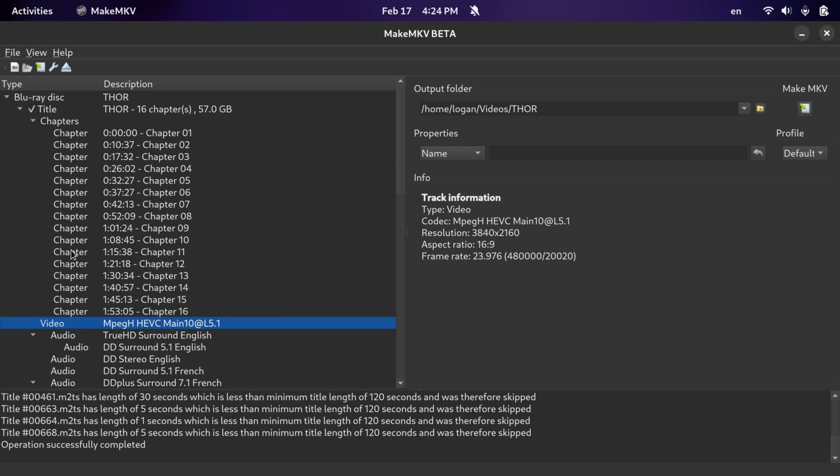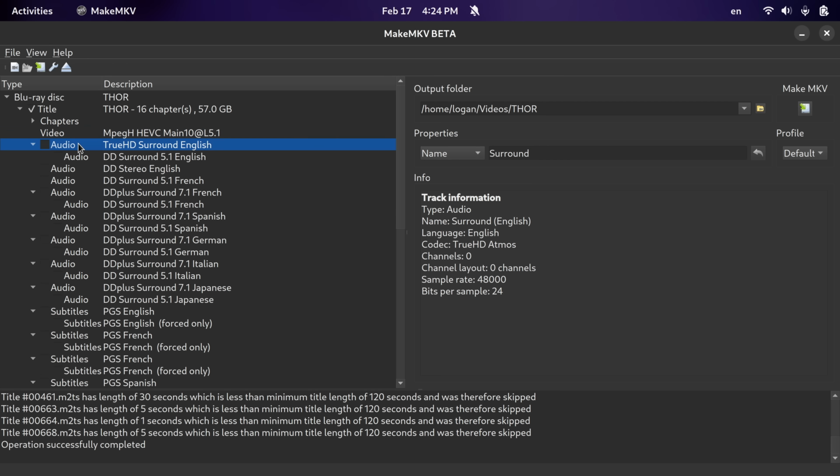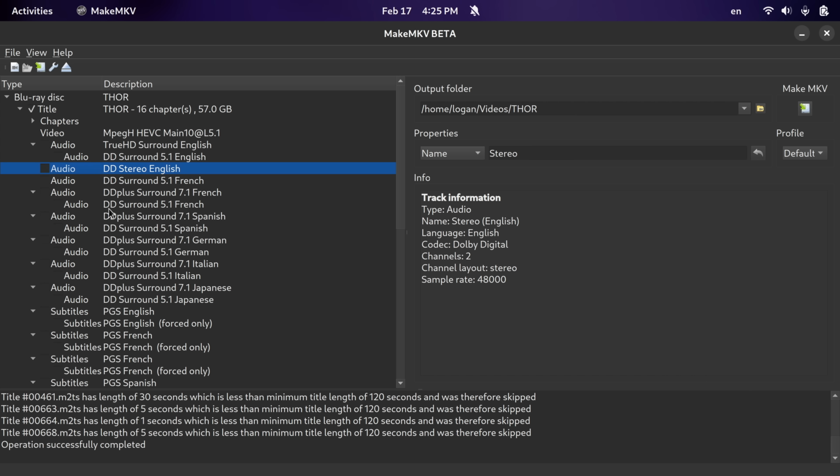This is just the chapter selection as you're watching the movie on a Blu-ray player. We don't need to touch any of that. What we like to do is get the audio first. So as you can see here, there's a True HD Surround English and a Dolby Digital Surround 5.1 English inside of that. And there's also some other languages, probably different descriptive audio for people that are visually impaired and things